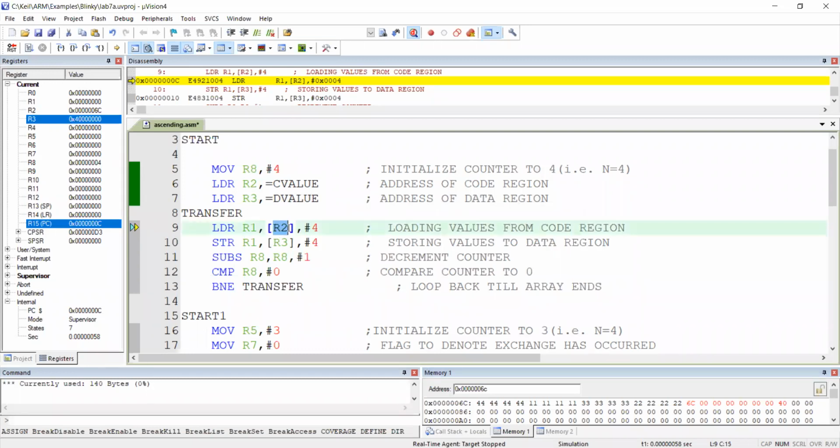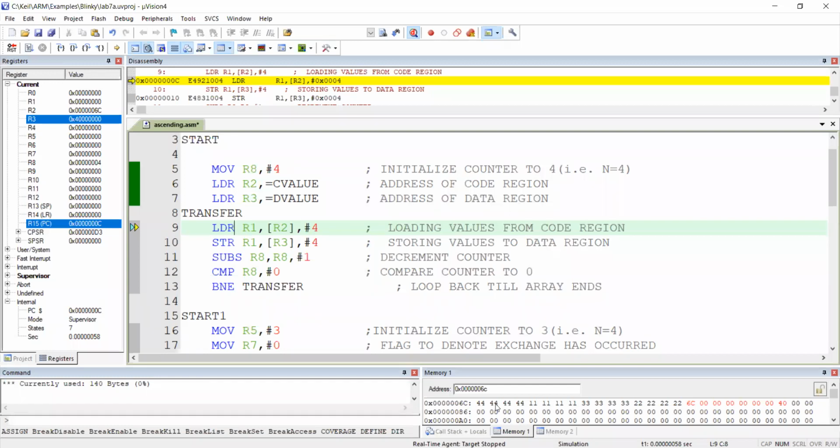I will take 44 if it was a byte. I will take 44 if it was an H. Since I don't have a byte or H, I have to take 4 continuous locations: location 1, 2, 3, 4. That means 6C, 6D, 6E, 6F. If I take all those 4 locations, what I will get is 44444444 in R1. You can see right now R1 is nothing; that will become 4444. Also very important, what is present in R2? Present R2 is 6C.